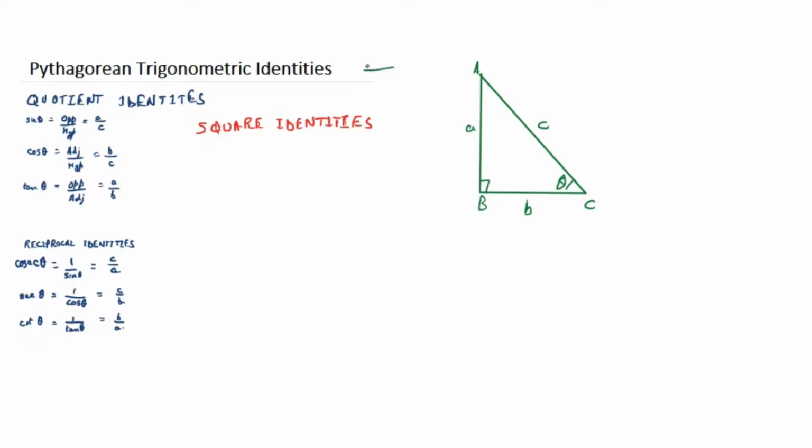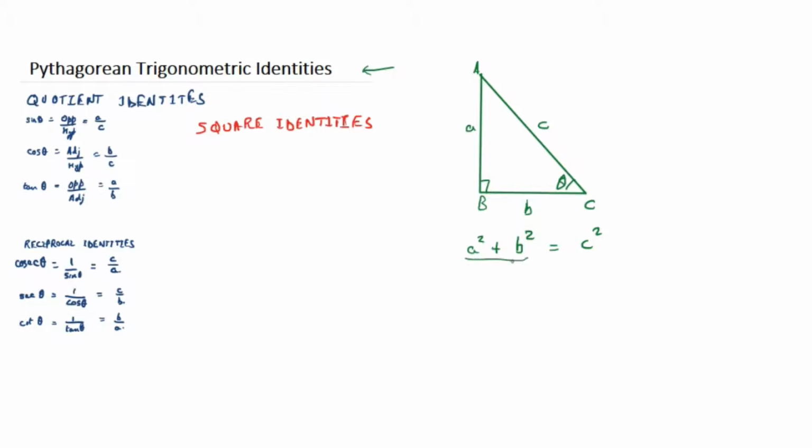They are called trigonometric identities because we use them in the concept of trigonometry, and they are called Pythagorean identities because we derive them using the Pythagorean theorem. We have seen the proof of the Pythagorean theorem in 3 different ways in the last few videos, and if you haven't seen that video, the link is on the top right corner of the screen. According to the Pythagorean theorem, a square plus b square is equal to c square, which is the hypotenuse.